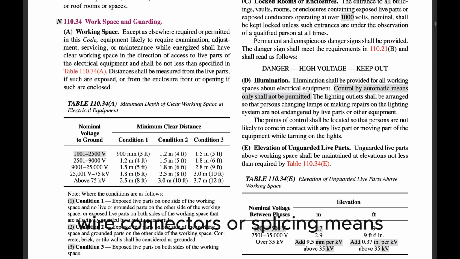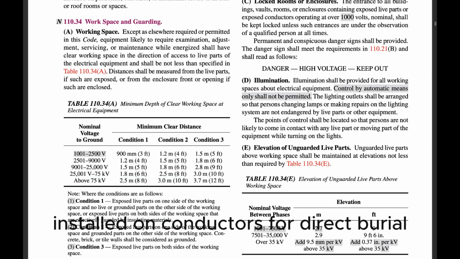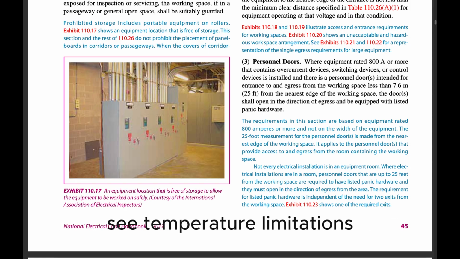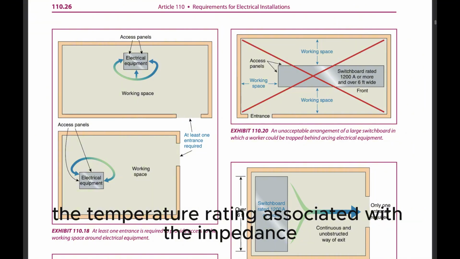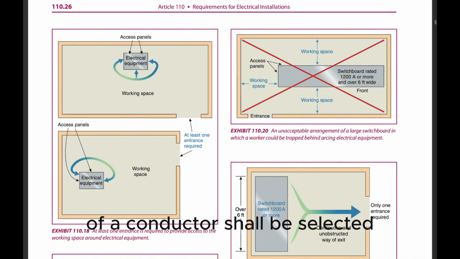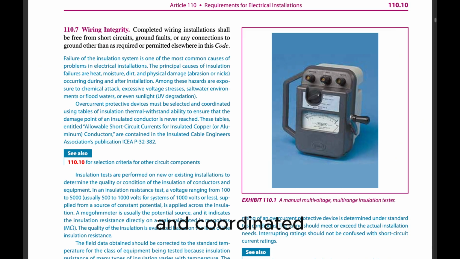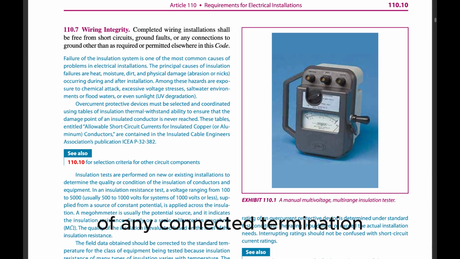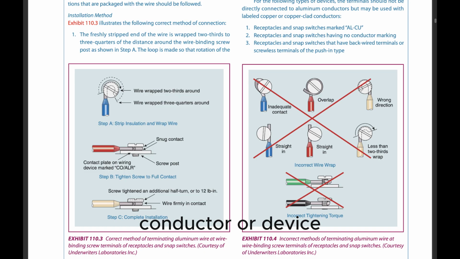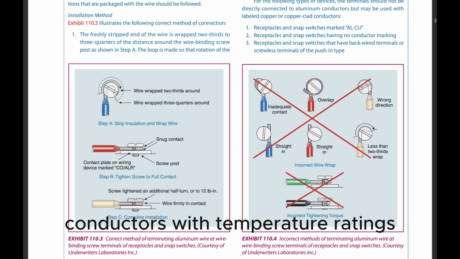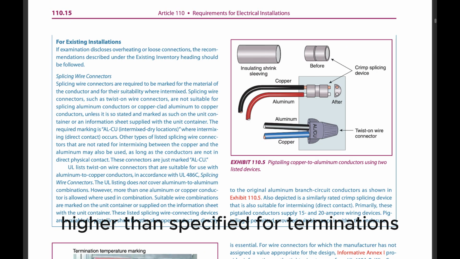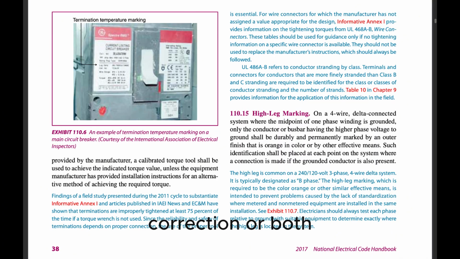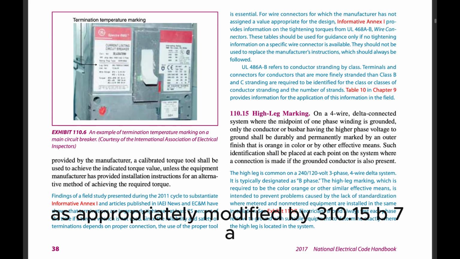Wire connectors or splicing means installed on conductors for direct burial shall be listed for such use. See temperature limitations. The temperature rating associated with the ampacity of a conductor shall be selected and coordinated so as not to exceed the lowest temperature rating of any connected termination, conductor, or device. Conductors with temperature ratings higher than specified for terminations shall be permitted to be used for ampacity adjustment, correction, or both, as appropriately modified by